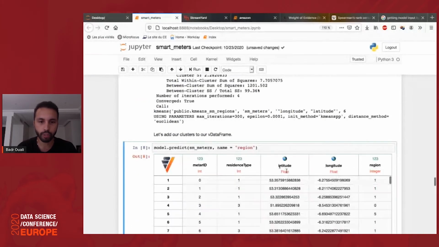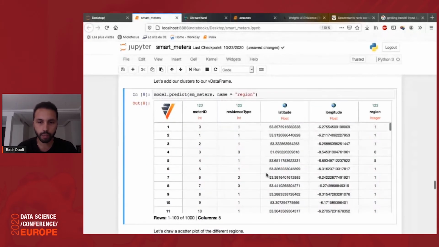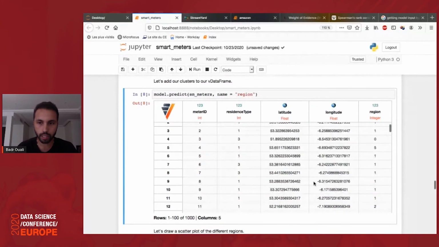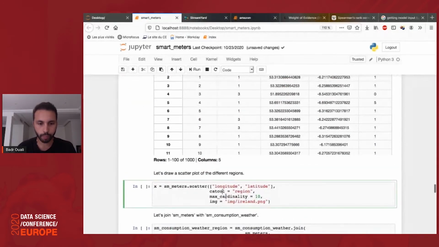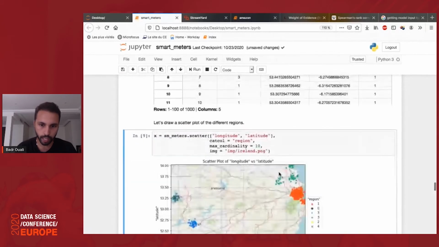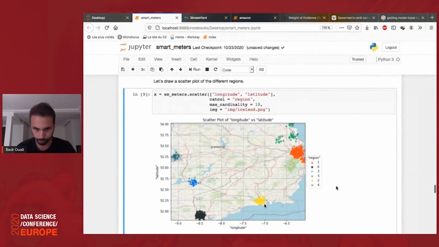I will add my prediction in my virtual data frame. As you can see right there, I'm adding it as region, so now we have a different region. And then I can draw a scatter plot. Depending on the situation, the scatter plot can be slightly different, but here it worked. Here you can see my 6 clusters, and I will use these clusters in order to feed my model to